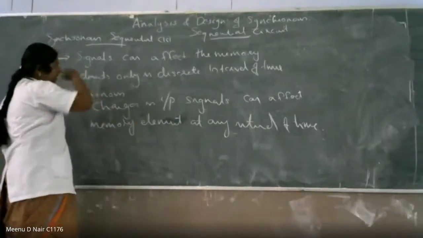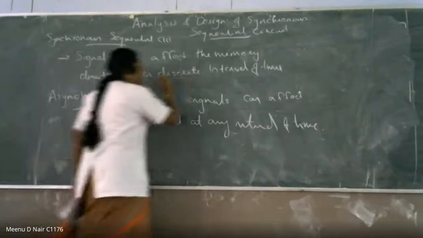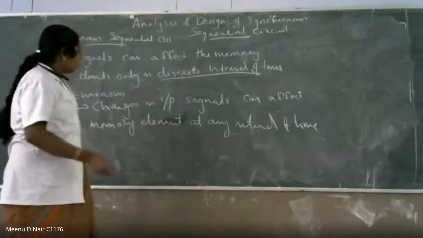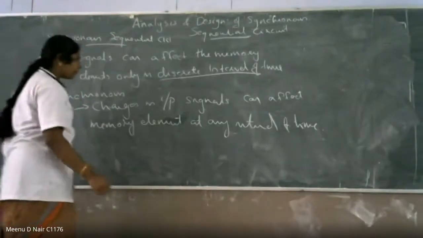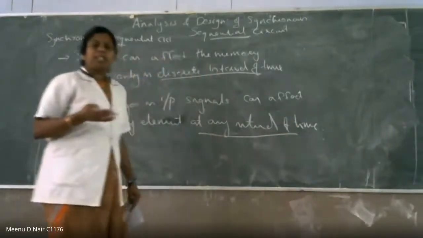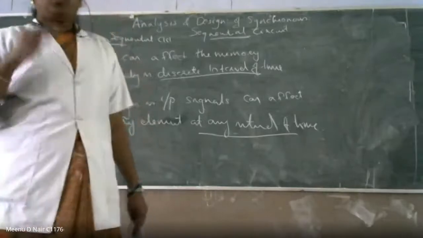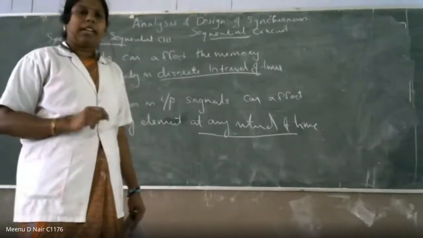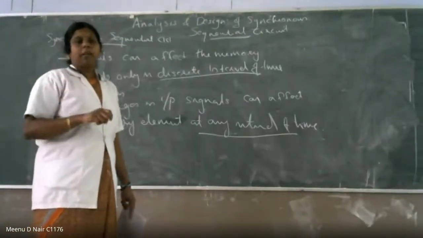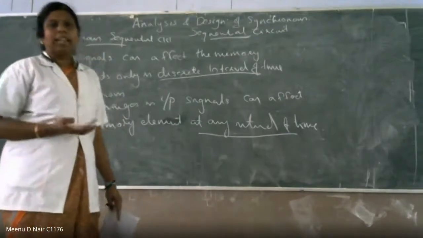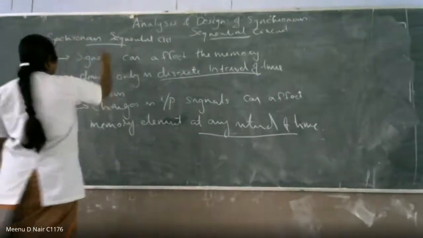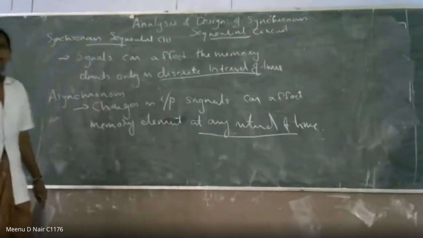So in the synchronous sequential circuit, you will get the output only at discrete intervals of time. Okay, so it is based on the flow of the signal that you will get the output. But in the case of an asynchronous sequential circuit, the flip-flop will give the output at any interval of time. So whenever the input signal is available at the input terminal, all those times it will produce the output. That is the meaning of asynchronous. Synchronous will produce the output only at the prescribed interval of time, but asynchronous can produce the output at any time. Whenever it has an input, all those times it will give the corresponding output. That is what a synchronous sequential circuit and asynchronous sequential circuit are.